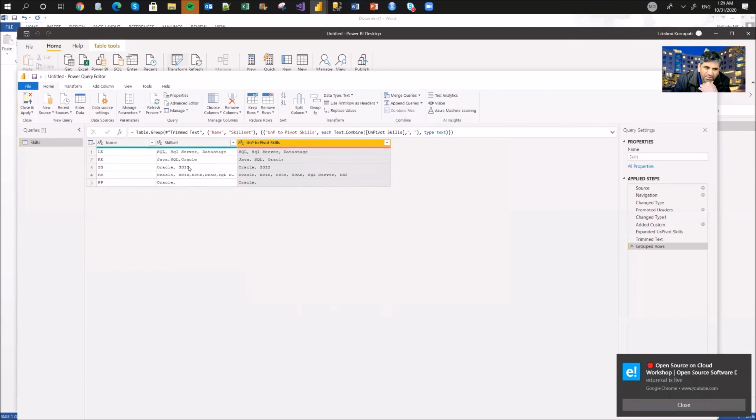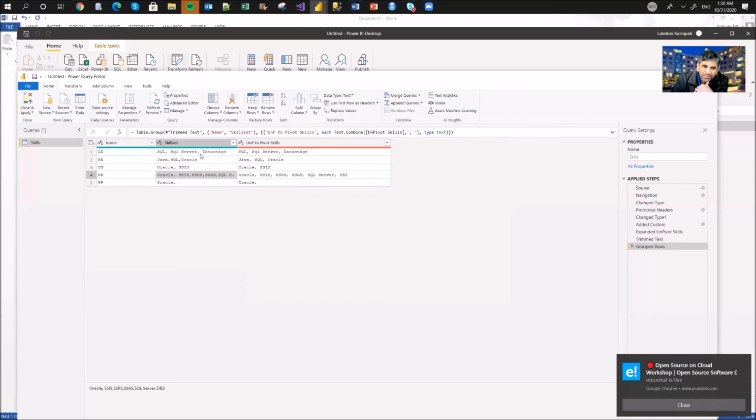See, earlier data was in column row based. Now rows are transformed to columns with comma separated values, and we have given here comma space. So uniformly comma space. See here in the original Excel it was like SSIS comma SSRS comma SSAS, in that fashion, no space.